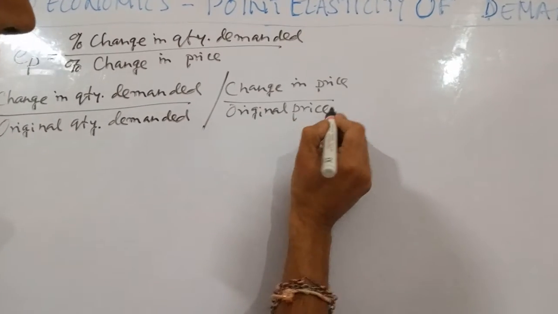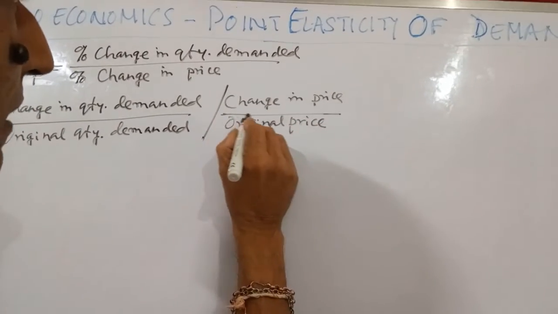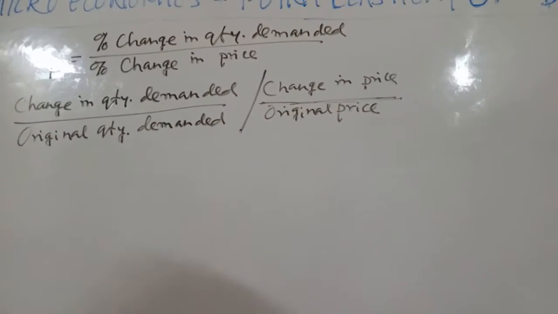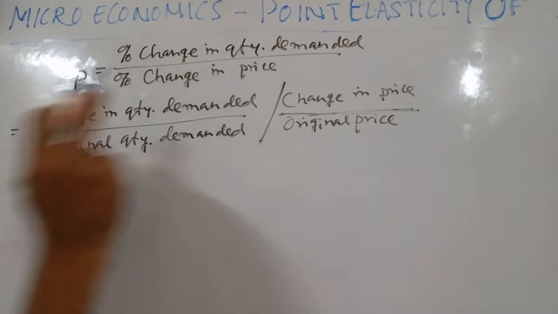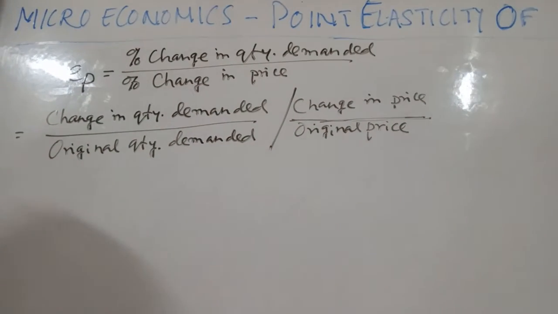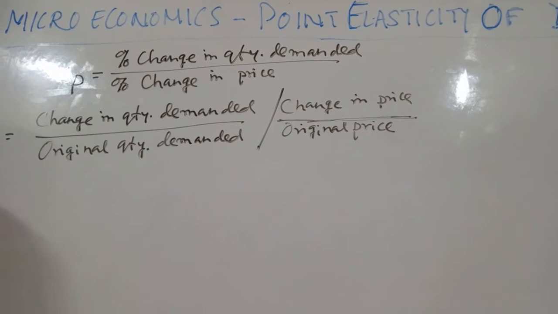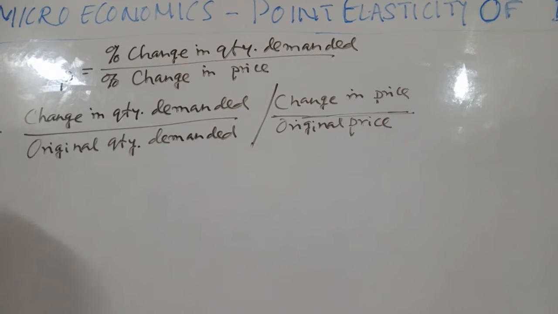Now this has been discussed in my other videos, but for a quick recap I have written this. So price elasticity equals change in quantity demanded by original quantity demanded, whole divided by change in price by